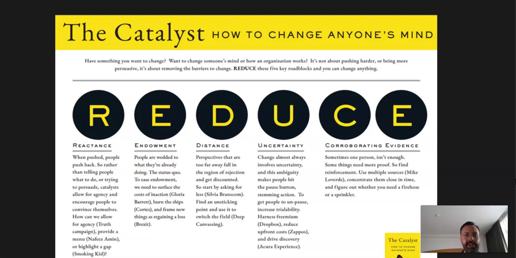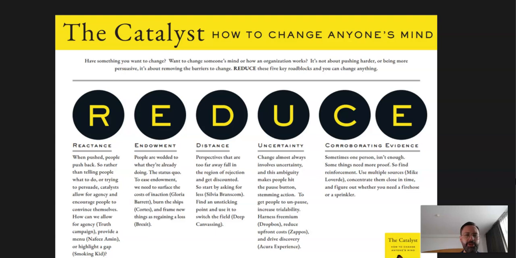So for example, Sendoso is this software for automating direct mail. And I heard about it from the internet. I heard about it from somebody who works in my industry. When I search for something related to direct mail, Sendoso comes up. So the perception in my mind is that there is a consensus here, that if you're trying to automate direct mail, Sendoso is just the only option to go with.